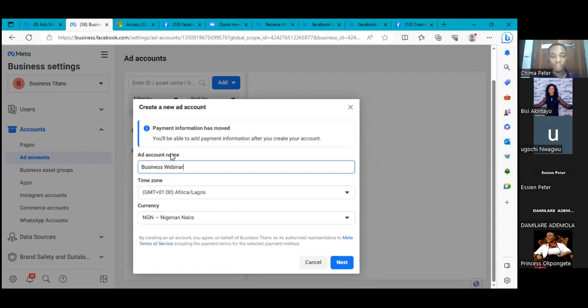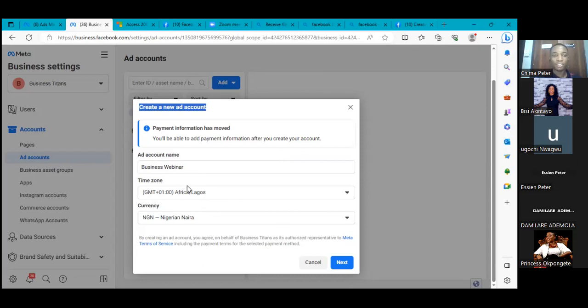But what you focus on now is the settings. One thing about ad account creation is that once you create it, I don't think it's possible for you to change the settings that you used initially, especially when it comes to payment method. So if you actually want to enjoy your ad accounts when running adverts, you have to take the initial settings very seriously,